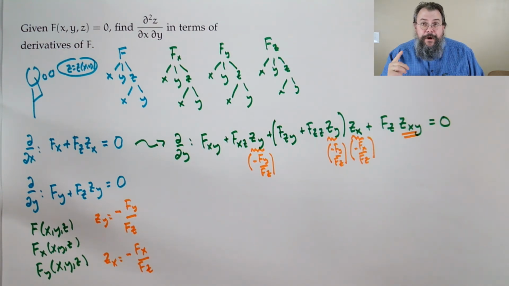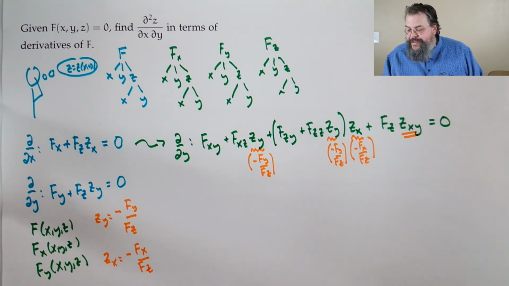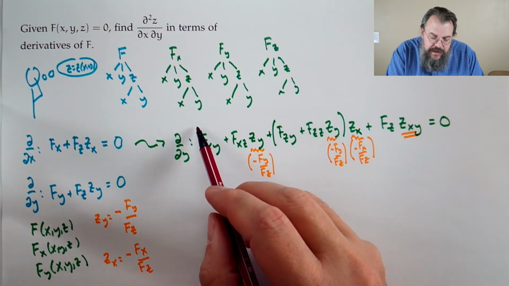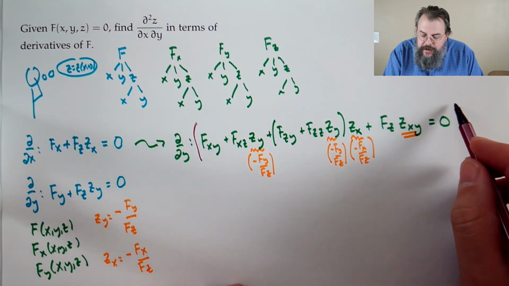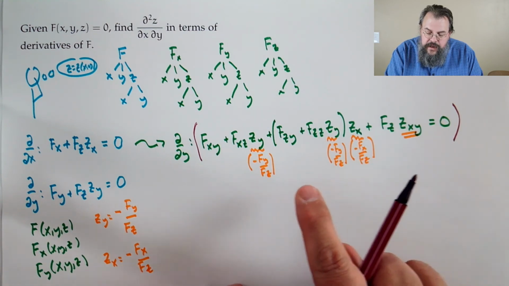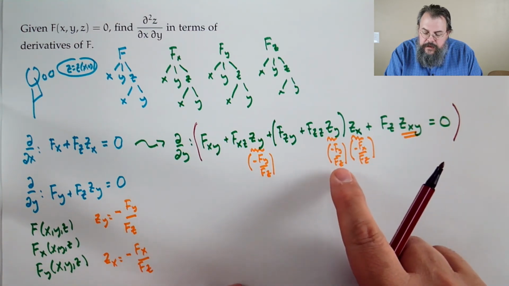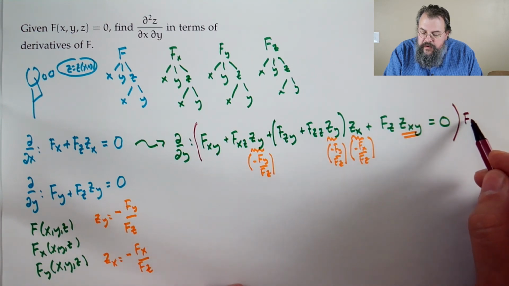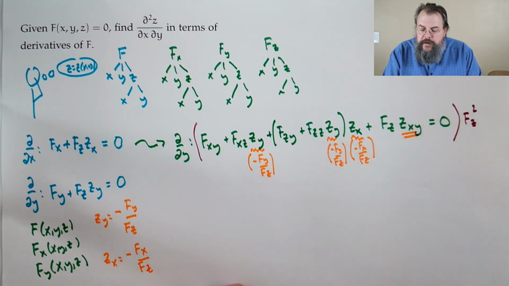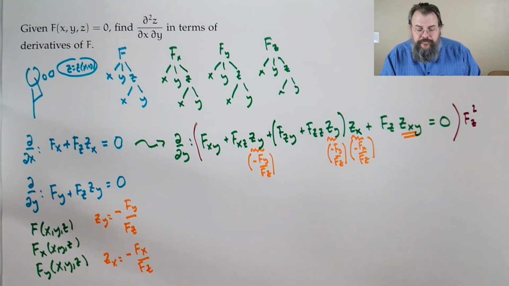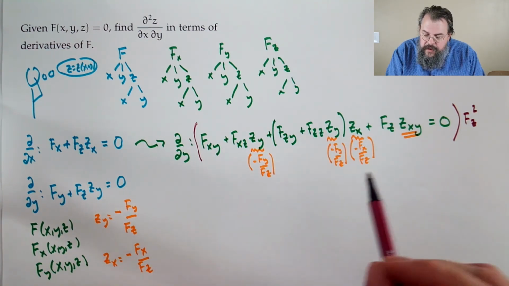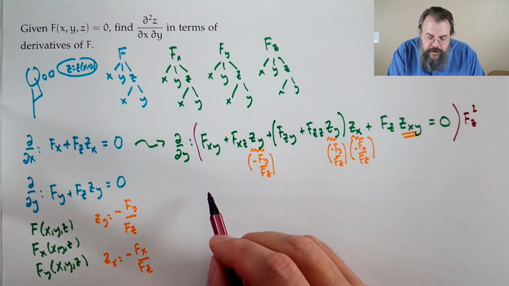Now, we now have some fractions. So let's get rid of the fractions. And the way we're going to get rid of fractions, probably won't surprise you, is we say, let's clean out our denominators. And if you look, there's an fz. Here there'll be an fz and another fz. So if we multiply everything by fz squared, that will do it. So what do we get? If we multiply through by fz squared, well, we're going to get